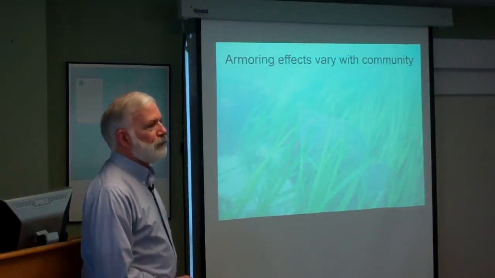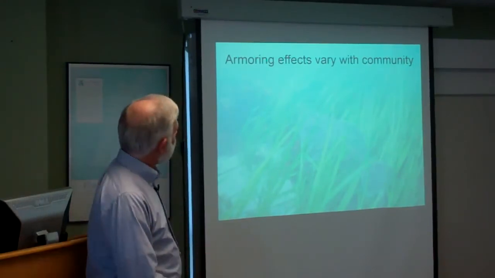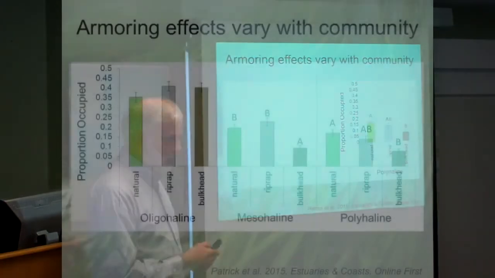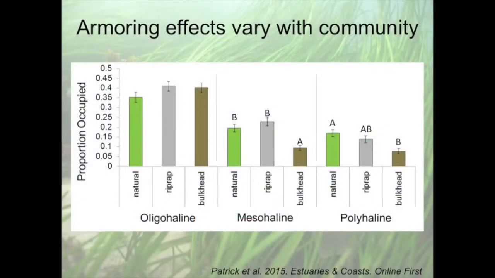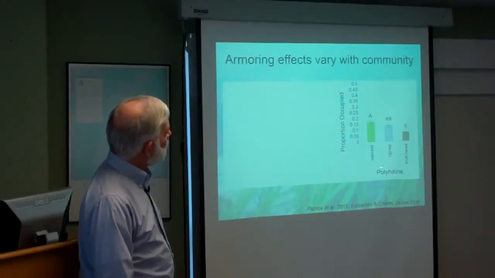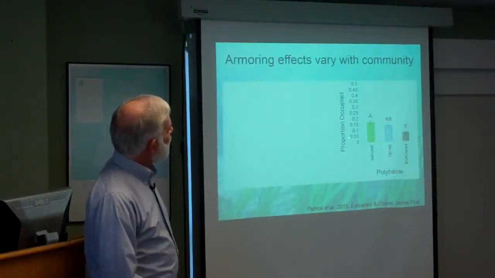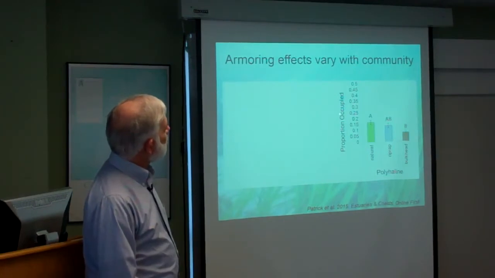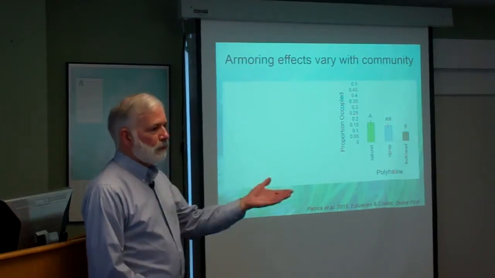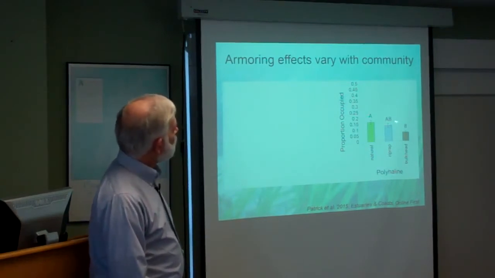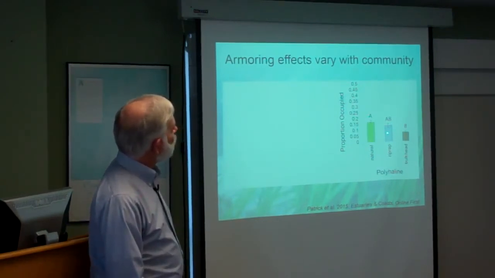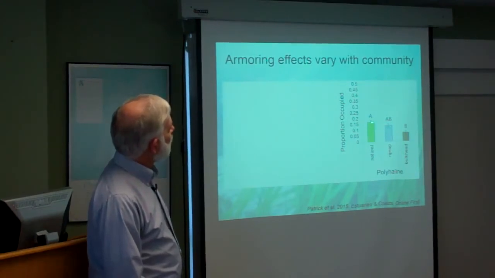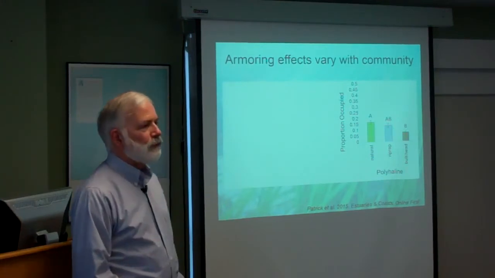We found that armoring effects varied with the SAV communities. And here we were using salinity as a proxy for the SAV communities. So down in the polyhaline zone, the SAV in that area showed pretty clear patterns of response to shoreline hardening. We saw that bulkheads had significantly less SAV directly adjacent to the piece of shoreline, significantly less than natural shorelines, and riprap was in between, not significantly different from either end member, but the 2 end members were highly significantly